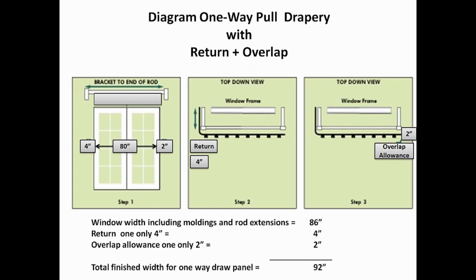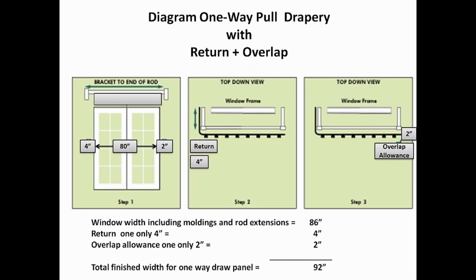So now, taking all those previous steps and putting them together, you can see that in step 1 we're taking the window width including the molding or rod extensions, and that came out to 86 inches, which is the 80, the 4, and the 2. In step 2 you can see that we only have one 4-inch return, so under my addition here I'm only going to add one 4-inch return, and the same thing applies for the overlap. You can see that the overlap, there's only one needed because it's a panel. I'm only going to add 2 inches, so that gives me a total finished width of 92 inches for this panel, and the 92 inches, remember, includes the overlaps and return,